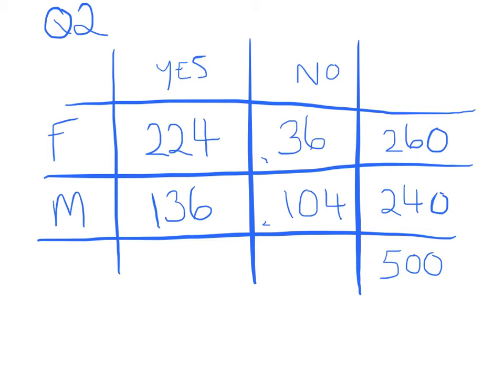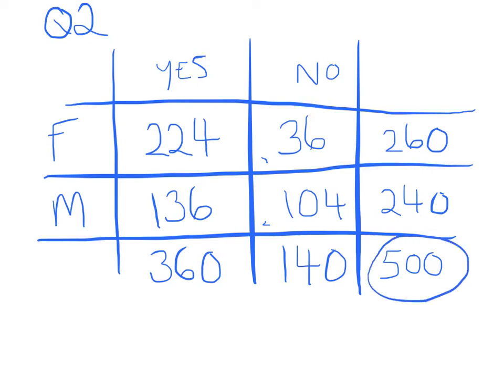Once we've got that, we can finish off the remaining totals. For the yes column, we've got 224 plus 136, which gives us 360. And then for the no column, we've got 36 plus 104, which gives us 140. And we can just double check that 360 plus 140 adds up to the grand total of 500. So there we have our contingency table, and now we can work out a probability, such as the probability that